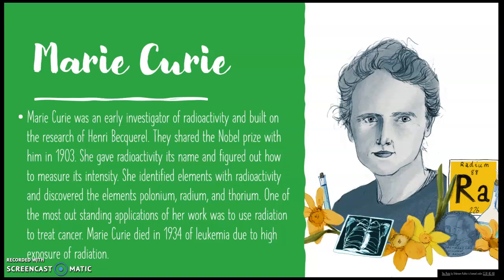Pretty cool. All right. Marie Curie did not discover radioactivity, but she did give it its name and provide many discoveries about it. She discovered radioactive elements such as polonium, which was named after her homeland, Poland, and radium. She created a measuring system to determine radioactivity's intensity, and her lab partner was actually her husband. The Curies shared the Nobel Prize in 1903 with Henry B.